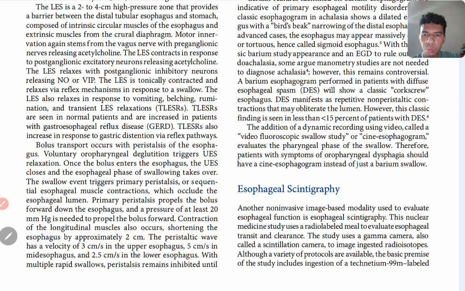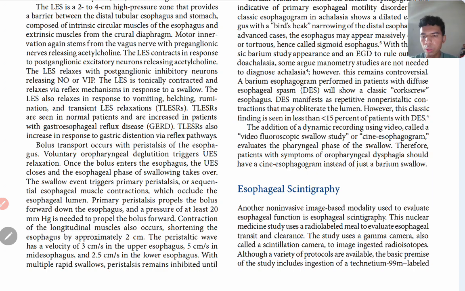Bolus transport occurs with peristalsis of the esophagus. Voluntary oropharyngeal deglutition triggers LES relaxation. Once the bolus enters the esophagus, the UES closes and the esophageal phase of swallowing takes over. The swallow event triggers primary peristalsis, or sequential esophageal muscle contraction, which occludes the esophageal lumen, and primary peristalsis propels